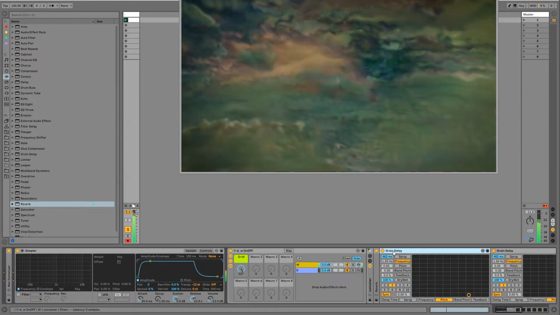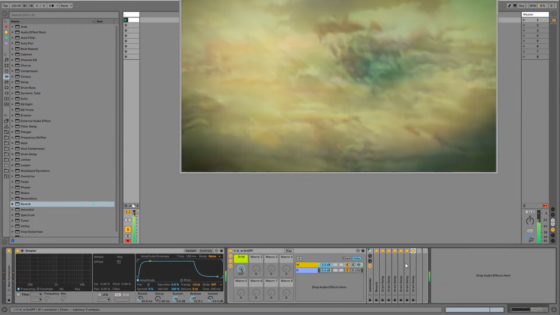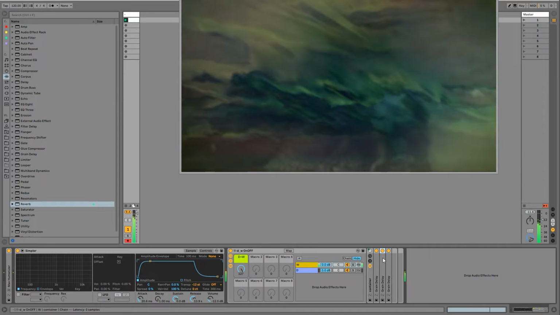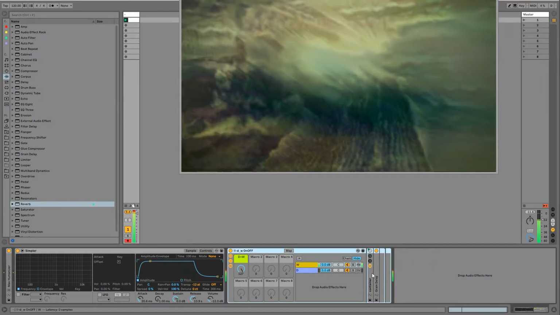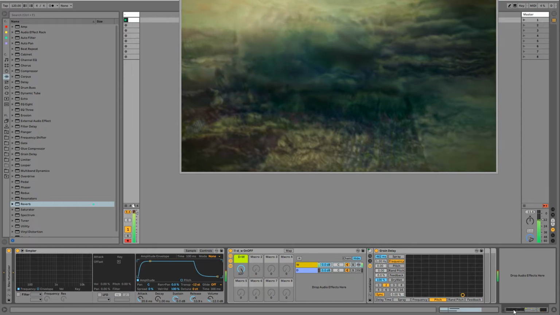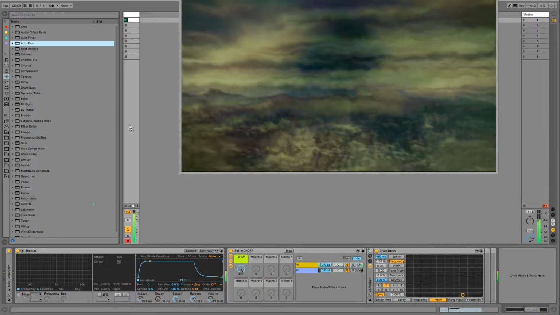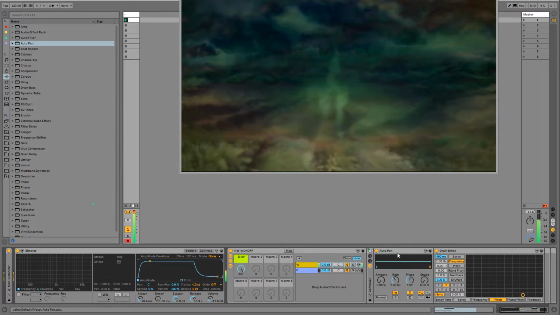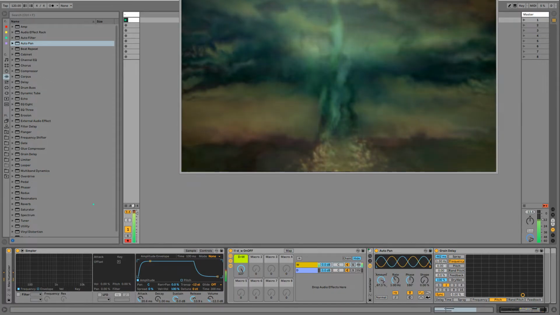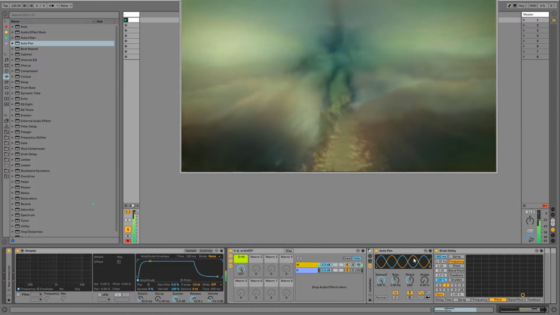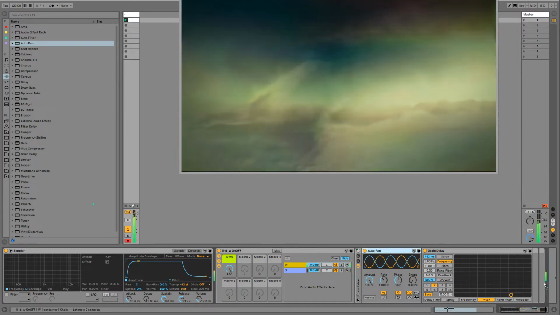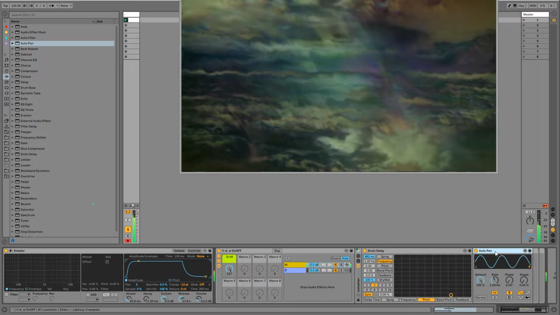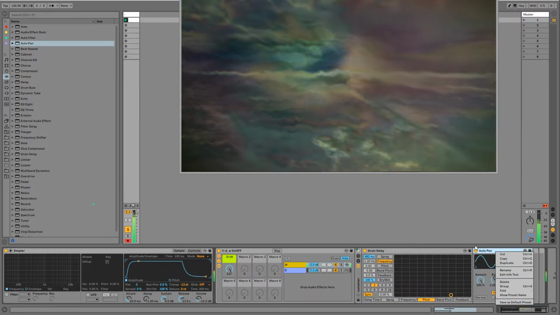But I think we can try something a little bit more daring, a little bit more bizarre, and you pull away some of these. One effect I really love to use is the auto pan. I think typically, by default, it has the phase at 180, which is definitely an auto pan. I like to turn it into a tremolo by pulling the phase down to 0, and I just saved this as my default preset.